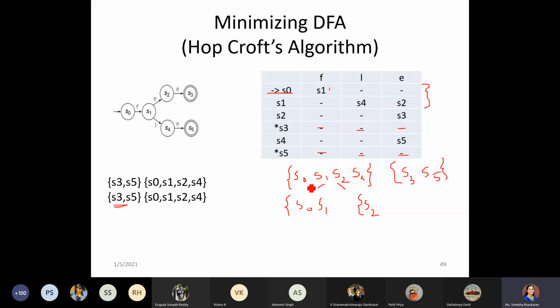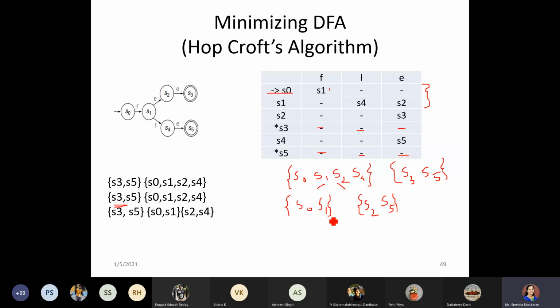Next, if you are taking up S0 with S4. Now if you see with respect to F transition S1, and with respect to E transition S5. S1 is in the same group, S5 is in the other group. So that means it is clearly understood that it cannot go together. So when we are splitting, we will not create another group. The second group which you are having will be kept with that. No more states, so we will split.